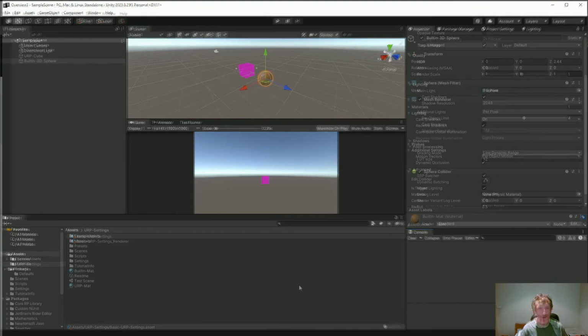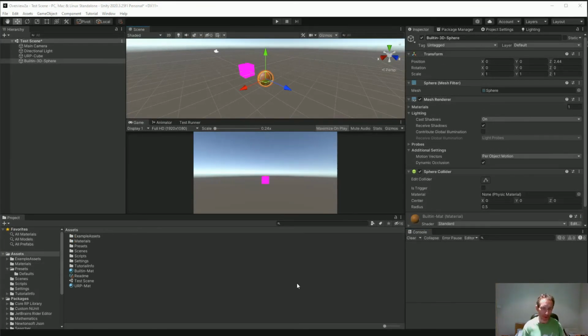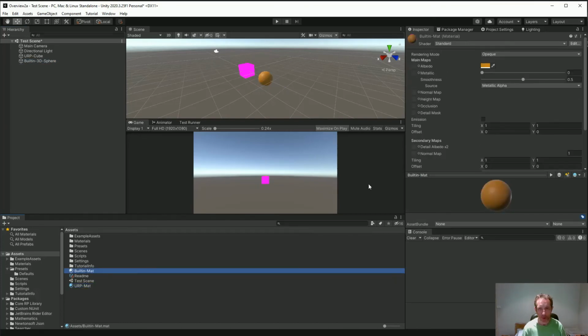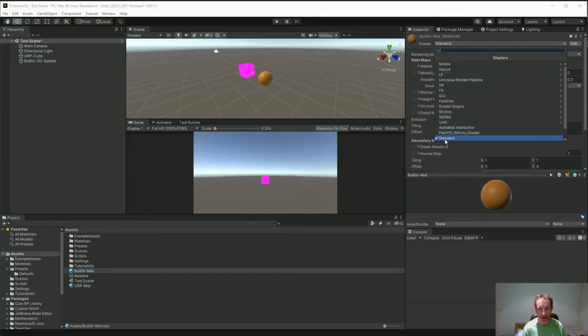So you might wonder, how can we tell if we're using the built-in 3D rendering, or if we're using one of the scriptable render pipelines, like the universal render pipeline package. So right now I have a URP cube with a material configured for URP, and I have a sphere that's just configured to use the built-in render. And how can you tell the differences? If we look at the materials, the built-in one is using the standard shader. So the standard is for the built-in